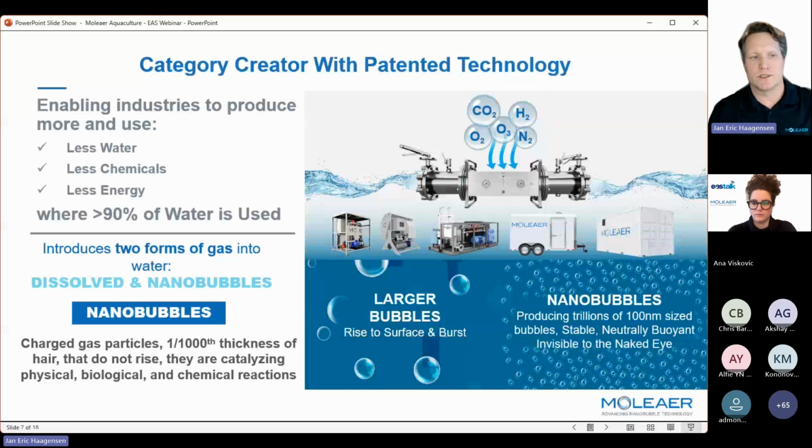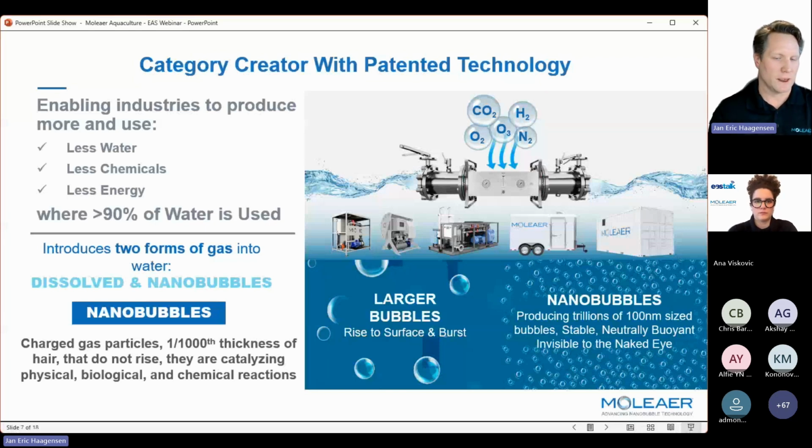So with our technology, we're introducing 2 forms of gas into water, directly dissolved and nanobubbles, a very efficient and high amount of nanobubbles. And the dissolved part is something that there are a lot of methods for, but not also with nanobubbles at the concentration that we can. So we're forming these charged gas particles that are 1,000th of the thickness of a strand of hair, and they do not rise because they're neutrally buoyant directly due to the size, because Brownian motion will overpower the ability to rise